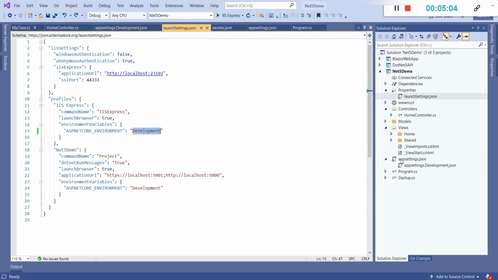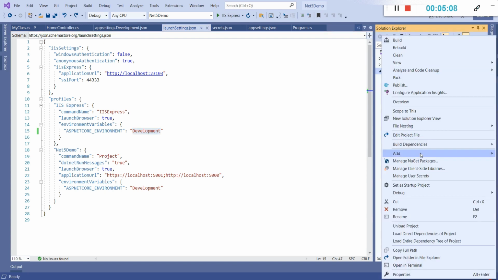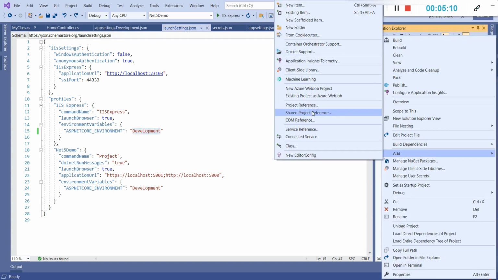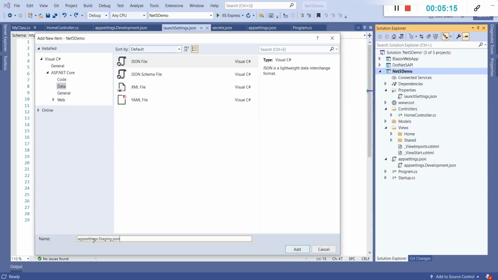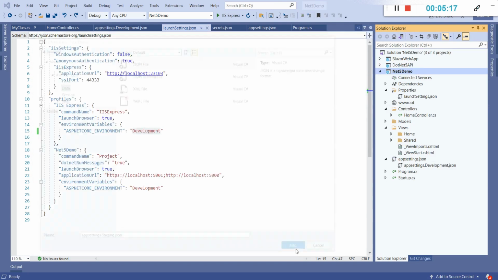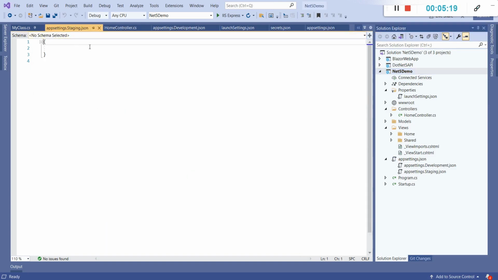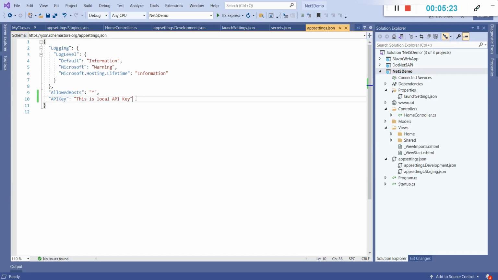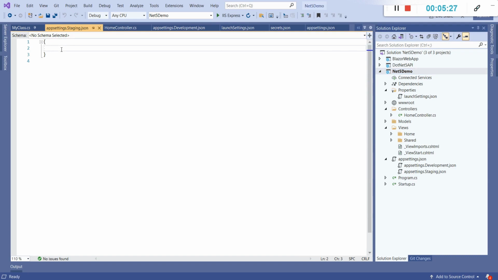Okay, now I will create another configuration for the staging environment, appsettings.staging.json. I copy the same key here and paste it in the staging JSON and change the value.